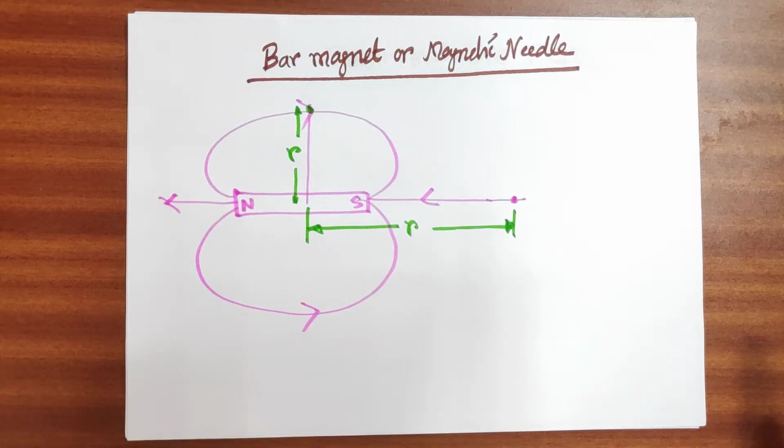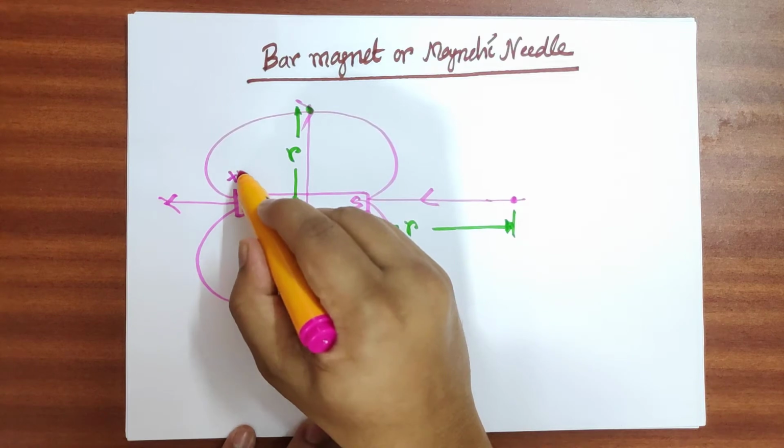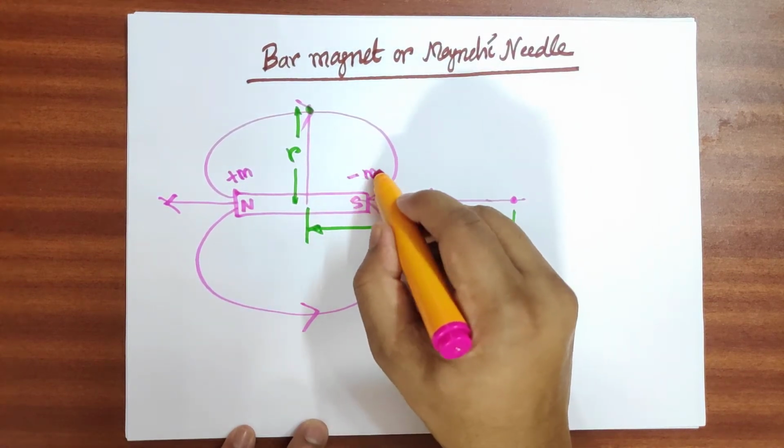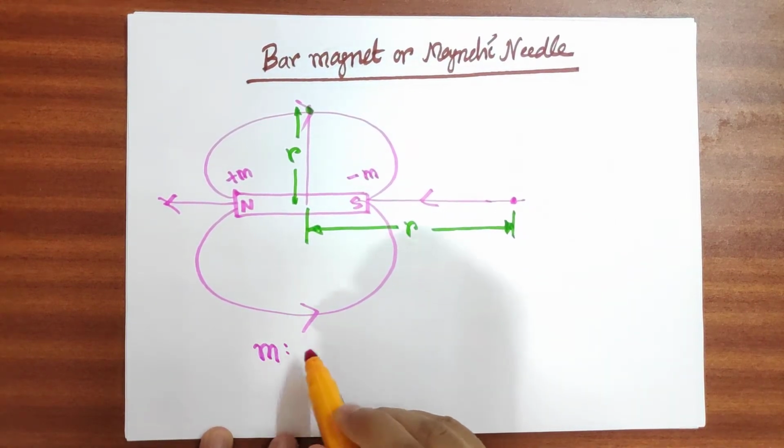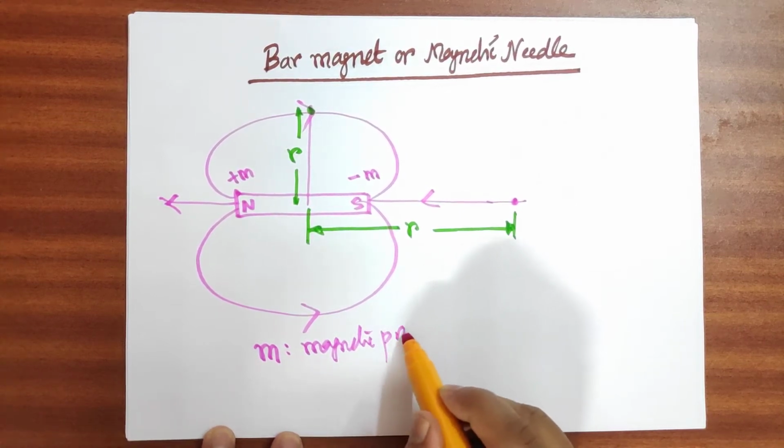This is the case of the bar magnet or the magnetic needle. It has got a north pole and a south pole. Though monopoles are not found in nature, still we can express this like a pole strength. Say m, the small m, is the magnetic pole strength,